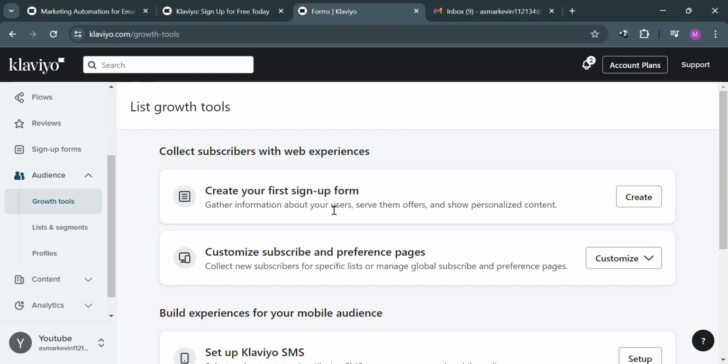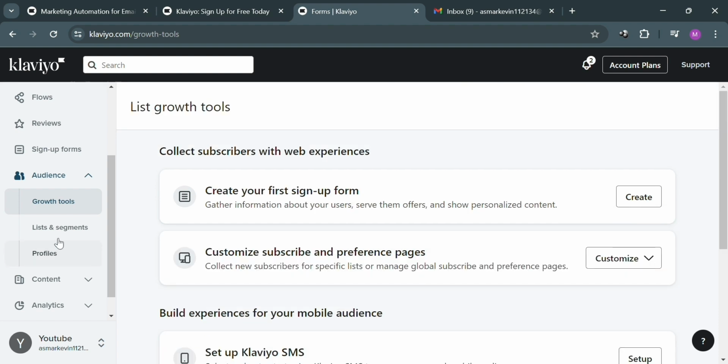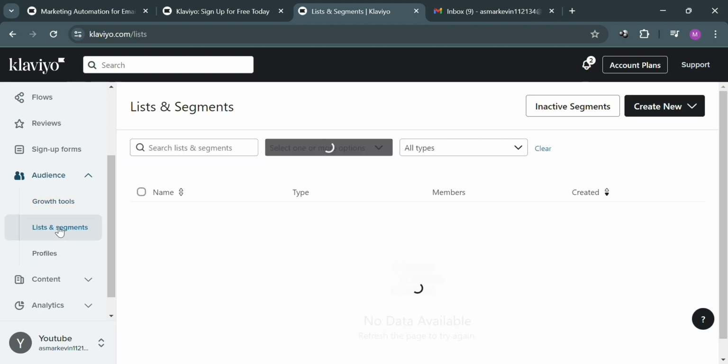profiles. And under this list growth, you will be able to create your first sign up form, customize subscribe and preference pages, and even set up Klaviyo SMS. By simply clicking this create button, you will be able to create your first sign up and even customize your subscribe and preference page. And aside from that, you could also navigate here the list and segments, in which it